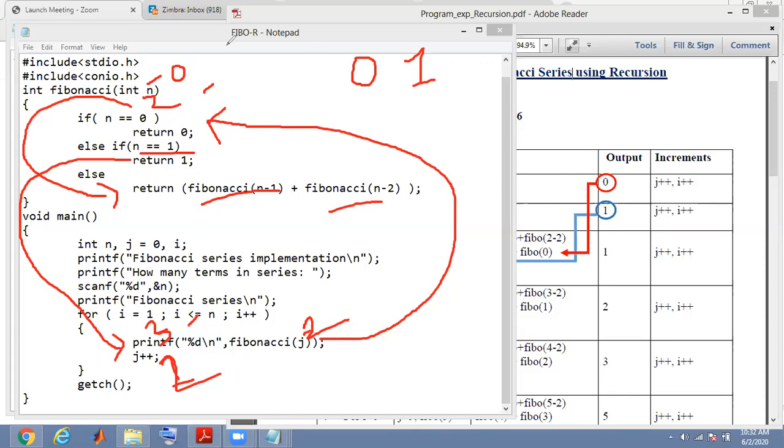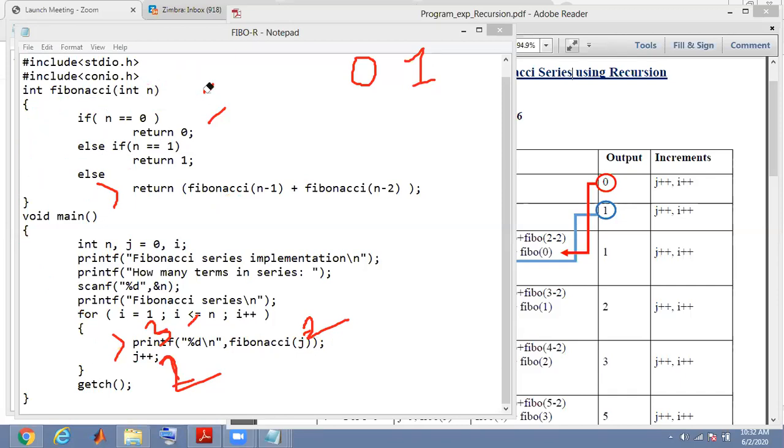So to explain this, let me go to the explanation table first. Fibonacci of 0 and Fibonacci of 1 will directly print the values from these two statements.